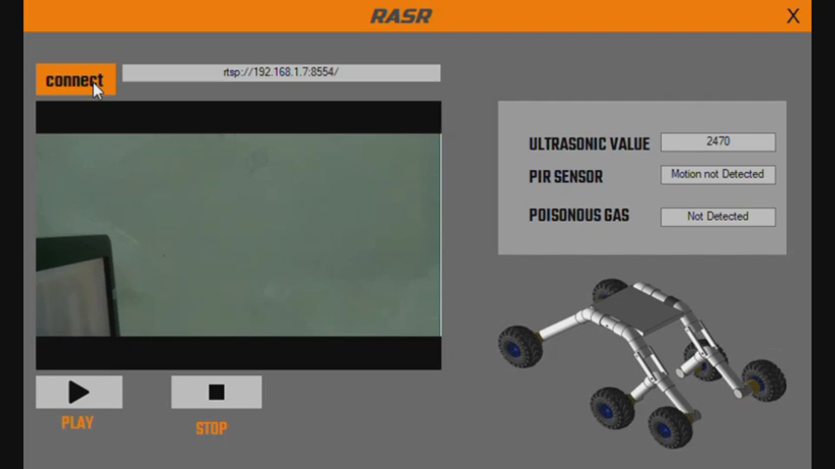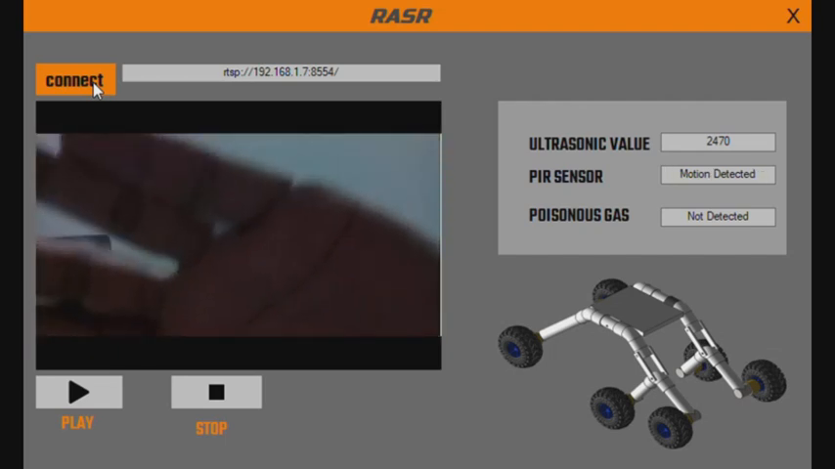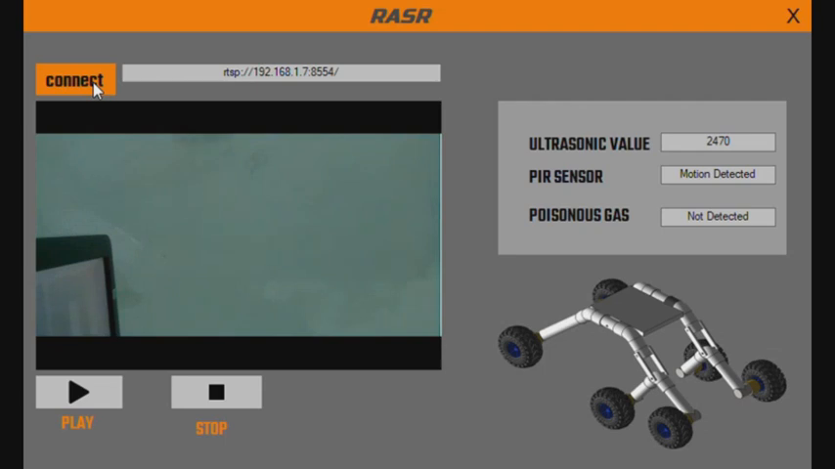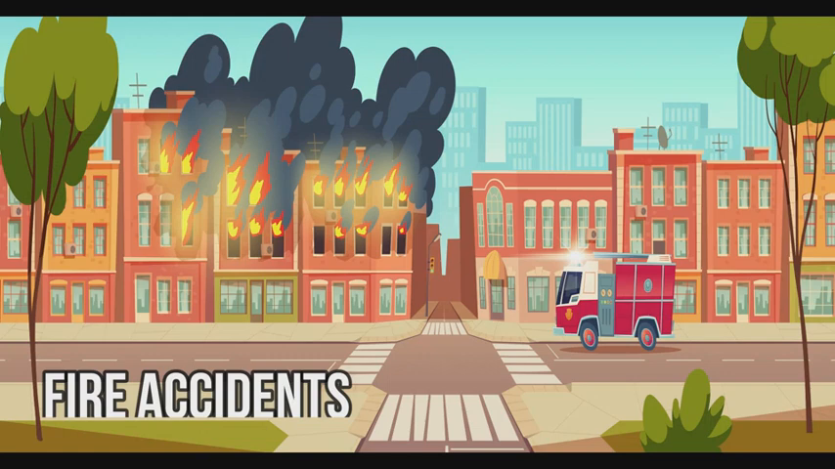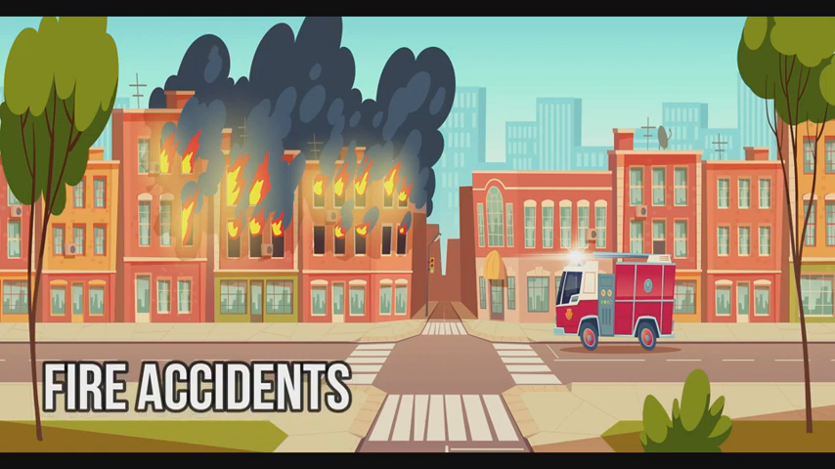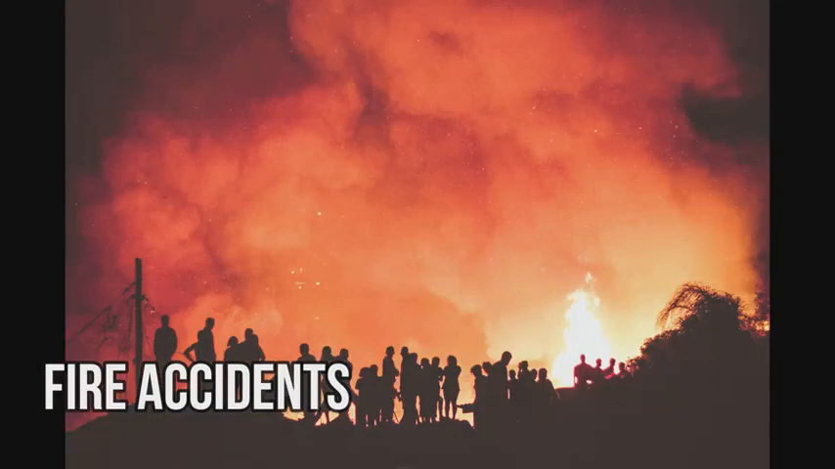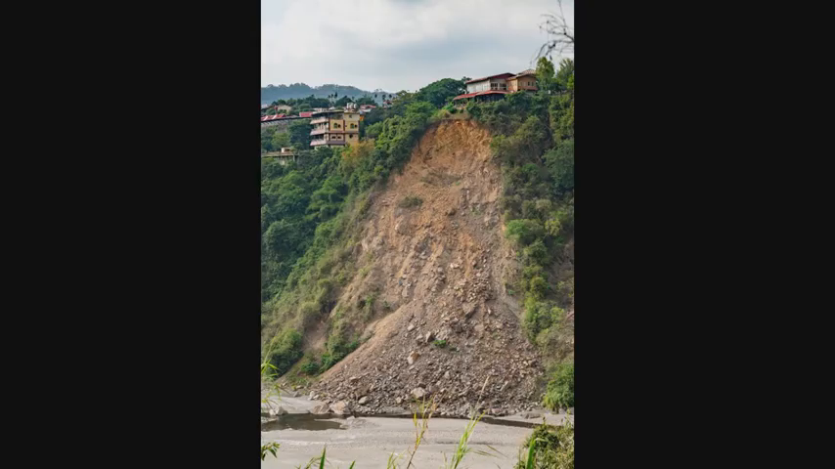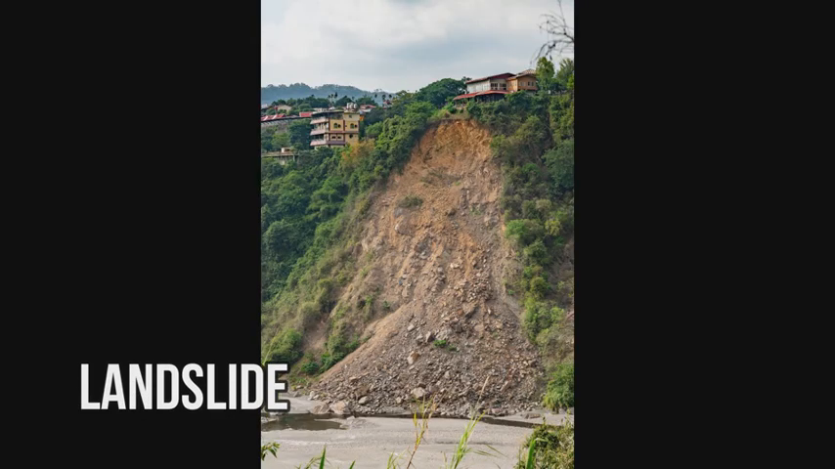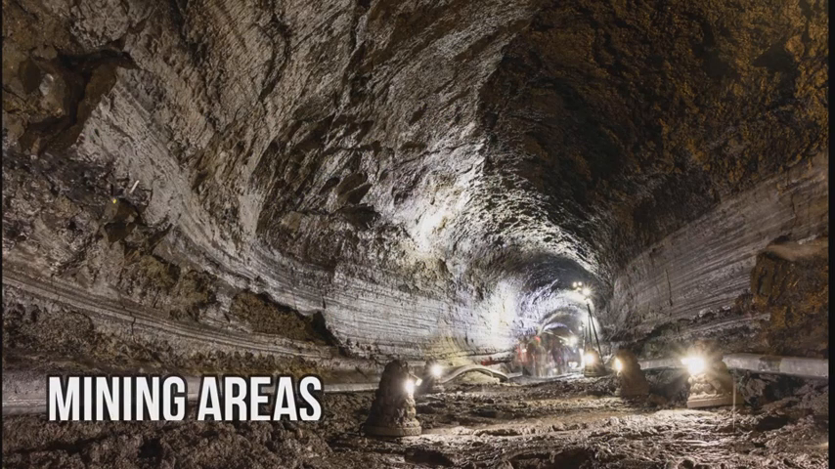On the right side, we can see all the sensor data that is being retrieved in real time from the database. This device can be used in situations like fire accidents, landslides, accidents in mining areas,